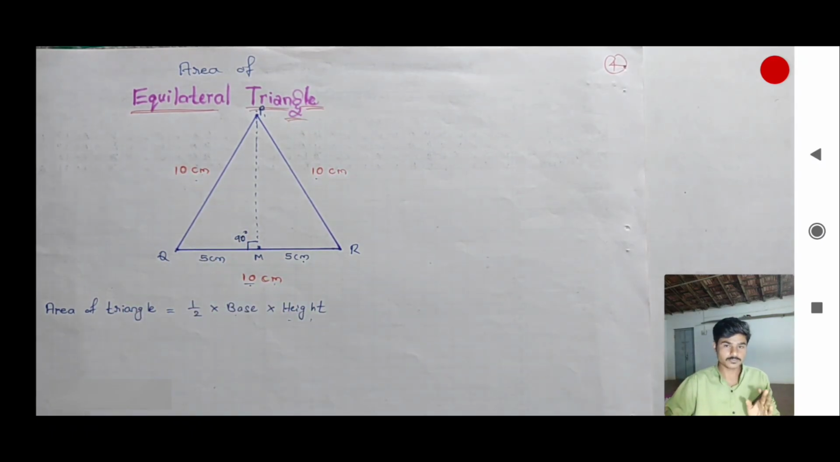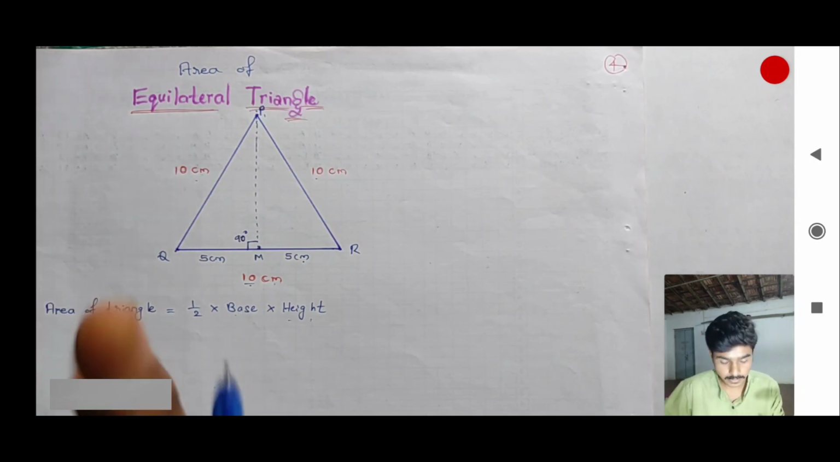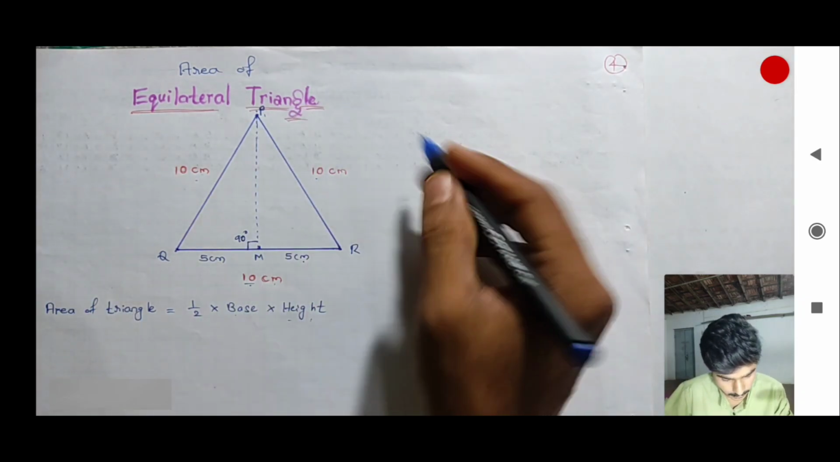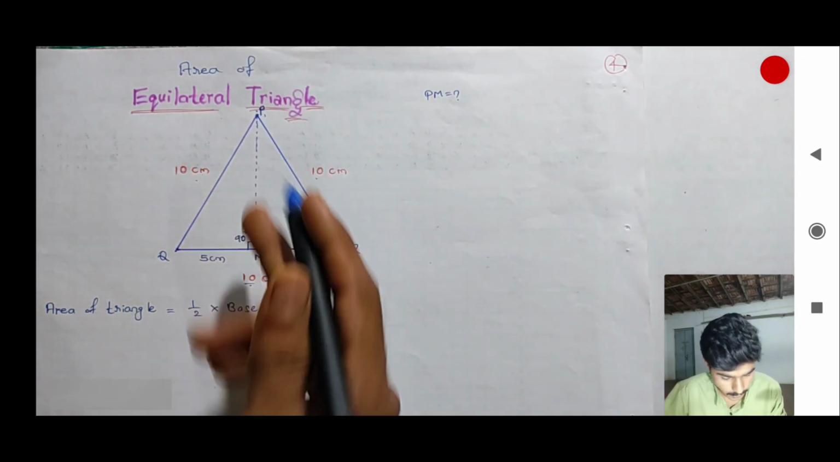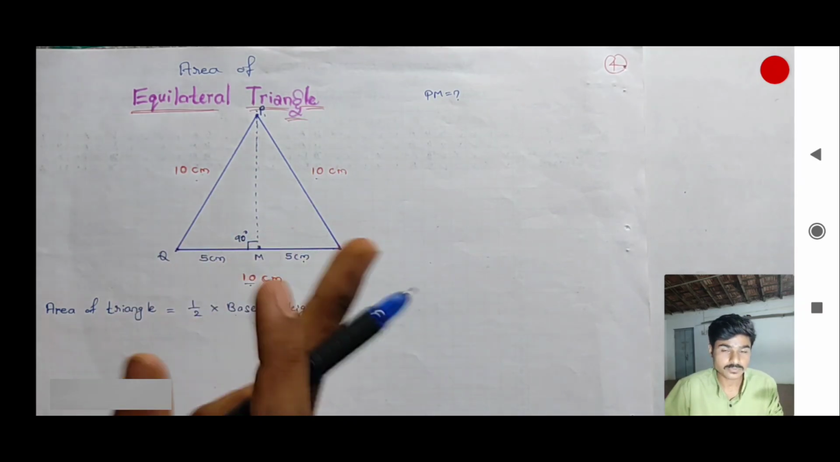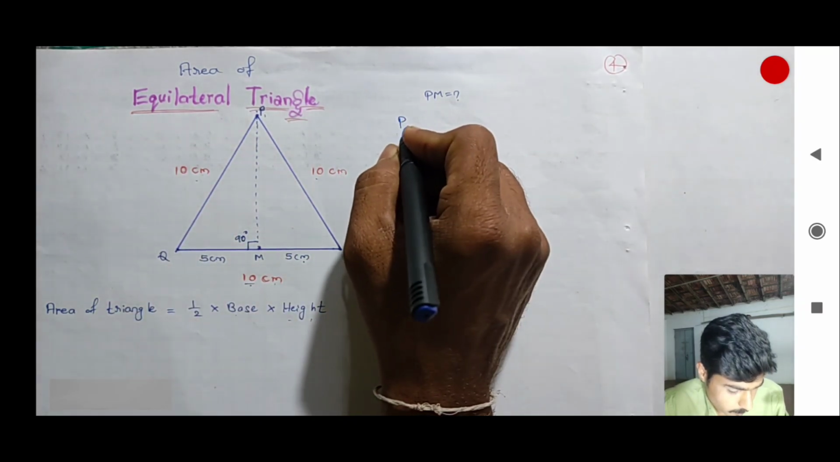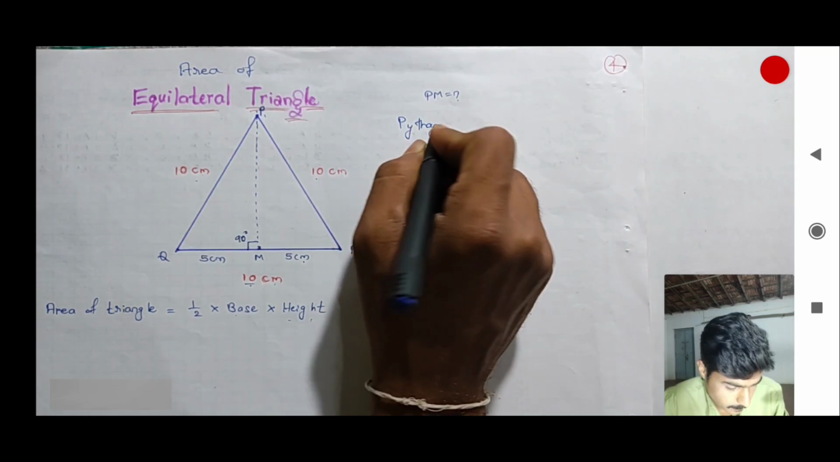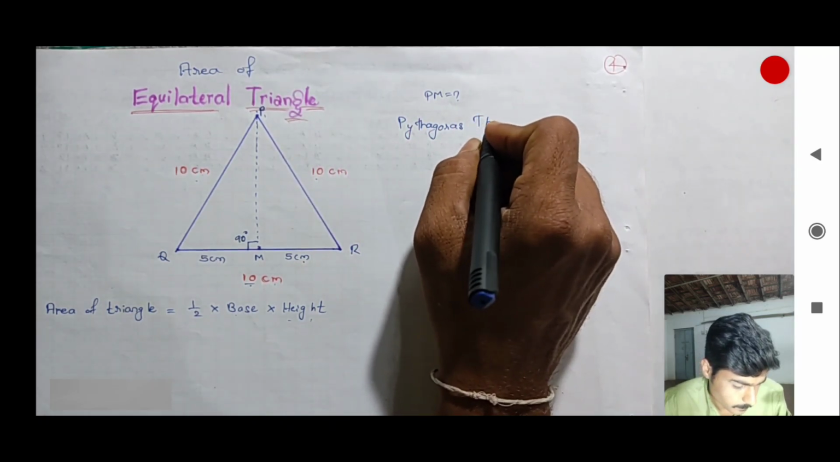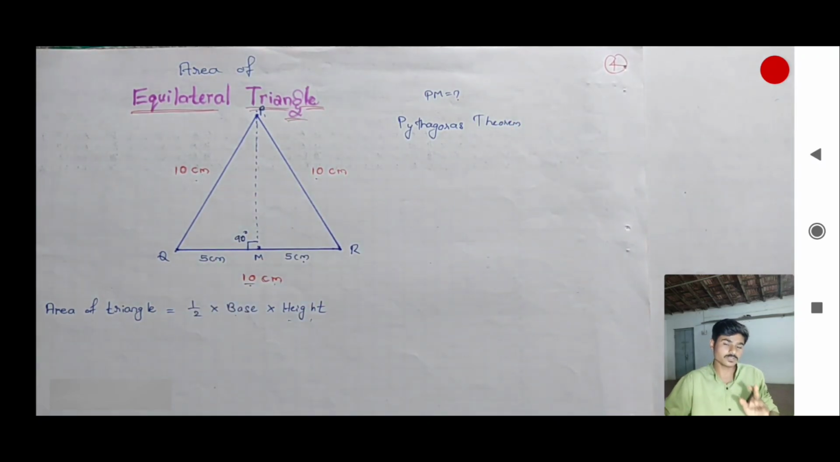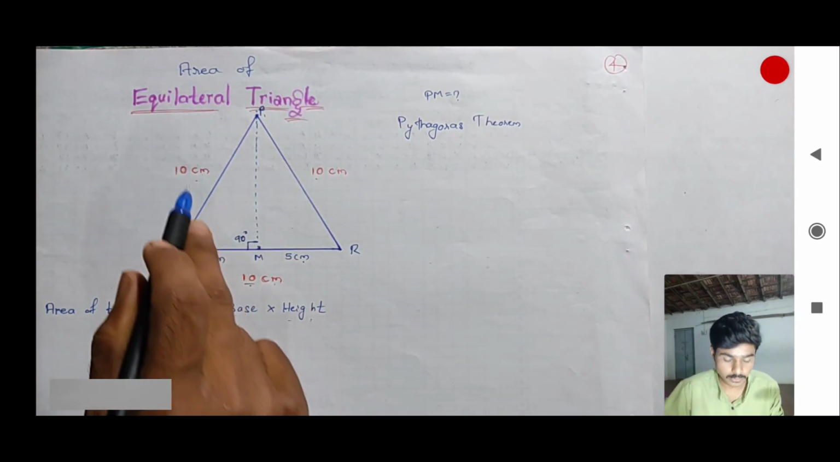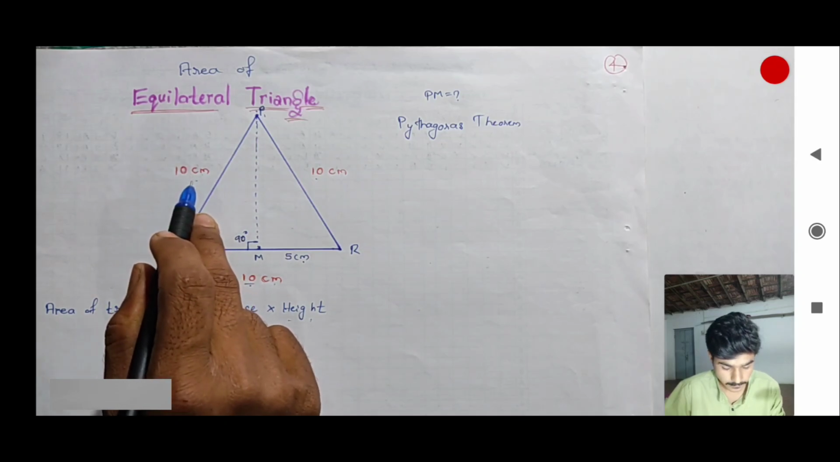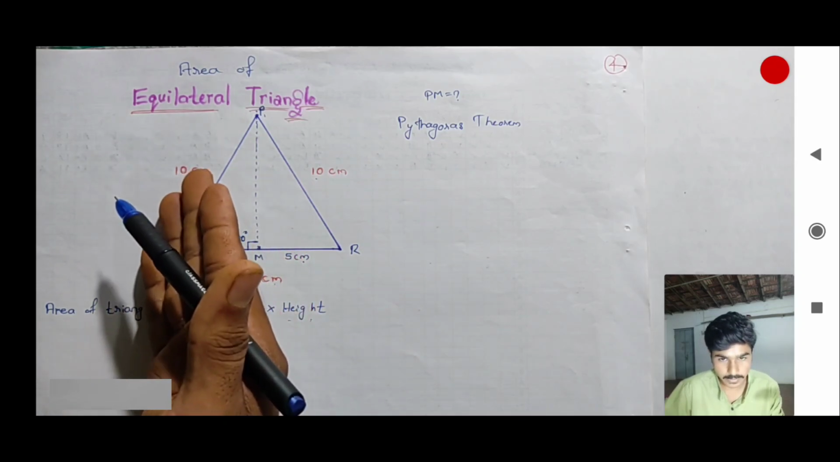Okay, our aim is to find the height here. So means we need to find the value of PM. So in order to find value of PM, Pythagoras theorem helps us. Pythagoras theorem helps us. So what is Pythagoras theorem? Pythagoras theorem means the side that is opposite to 90-degree angle is